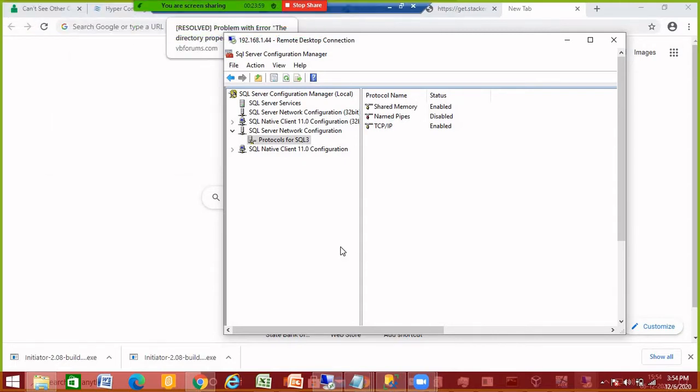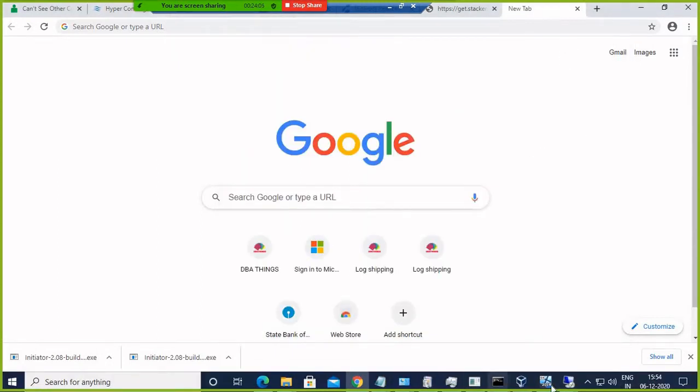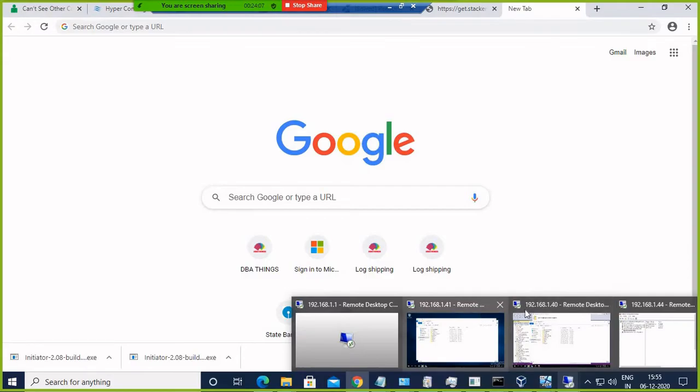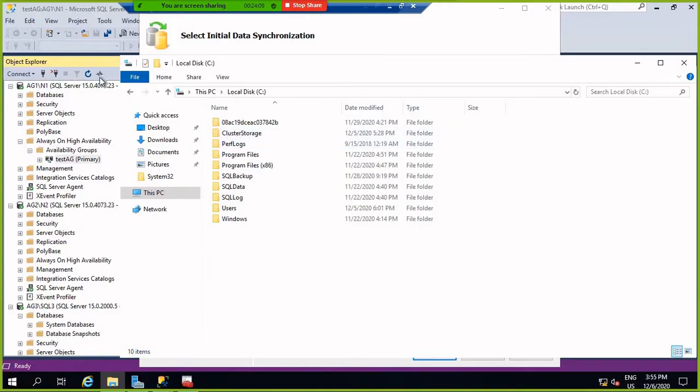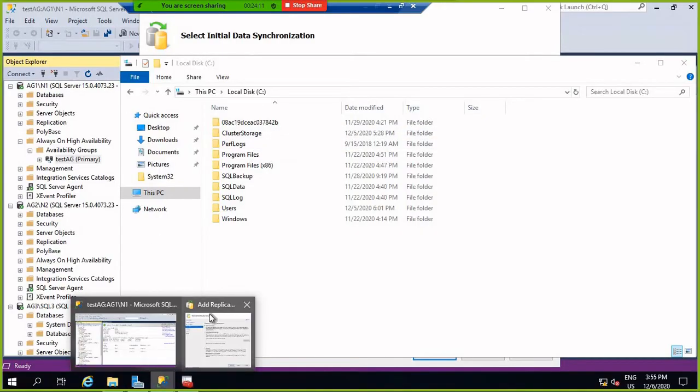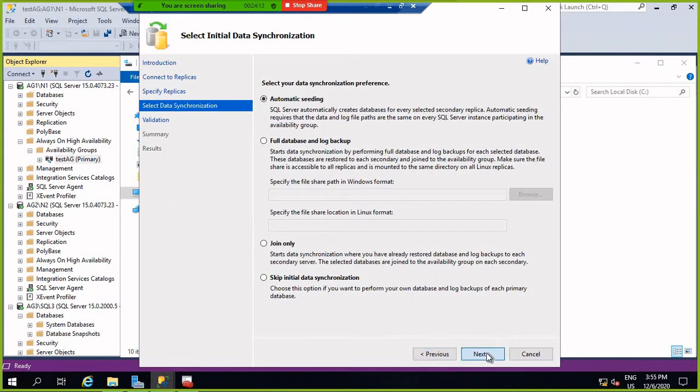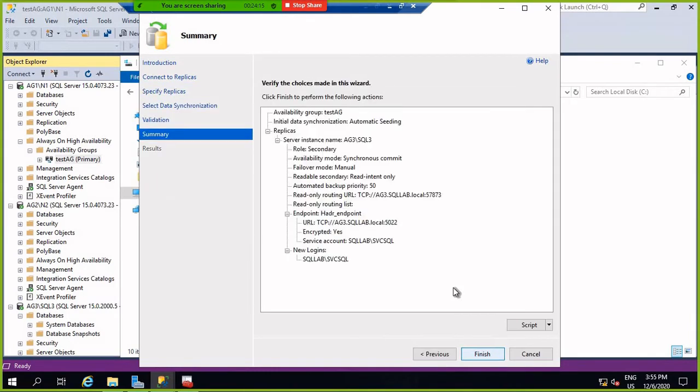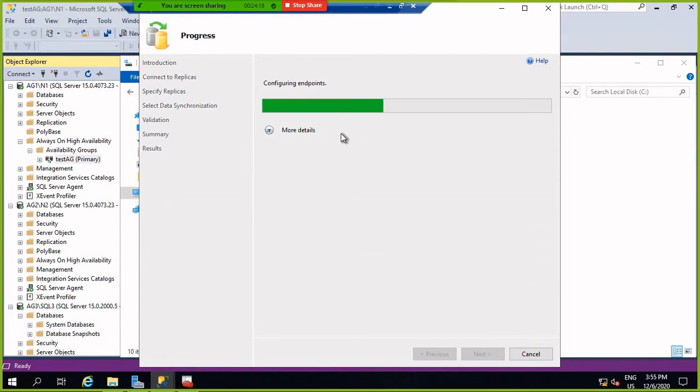Okay, so now we are connecting the similar one. So we are performing here. Just next, and finish.